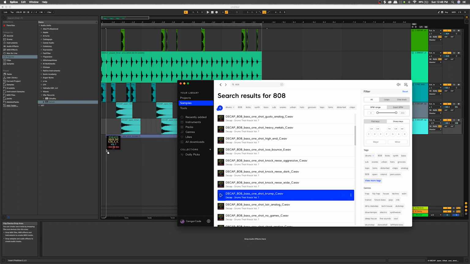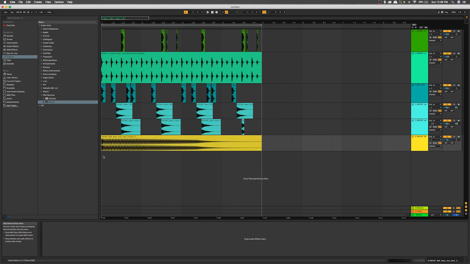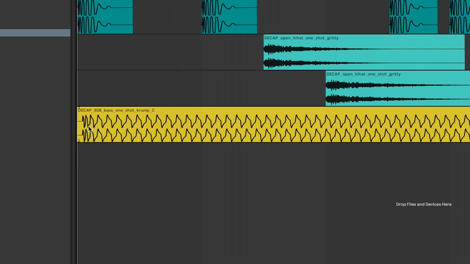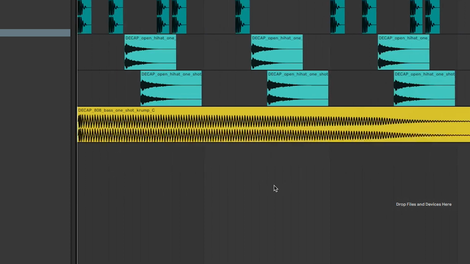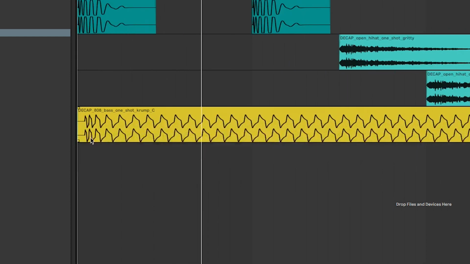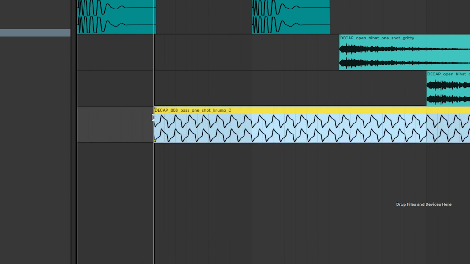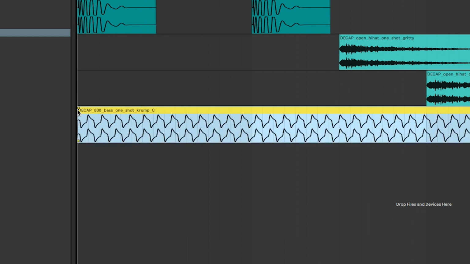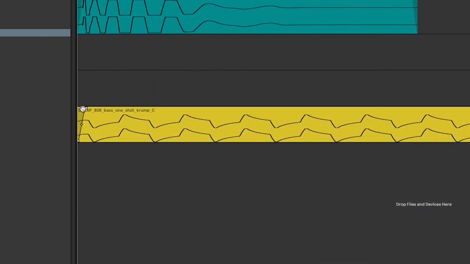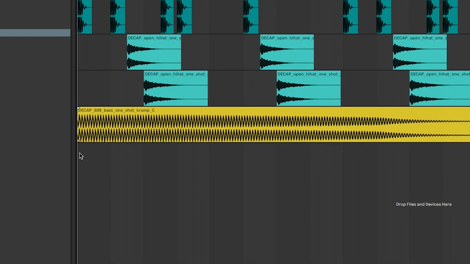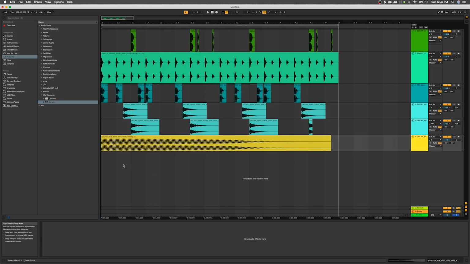But let's just find an 808. So we're going to use this 808, which is currently at C. Now if you notice, this 808 actually has a kick at the beginning of it, bundled into the 808. That's why you get this black waveform over here. So there's actually a little pop there. I don't want that because we already have a kick and I want to control the kick separately. So we're just going to drag it over until it's not there anymore and make sure to fade in a little bit. So let's unsolo that, turn it down a little bit,